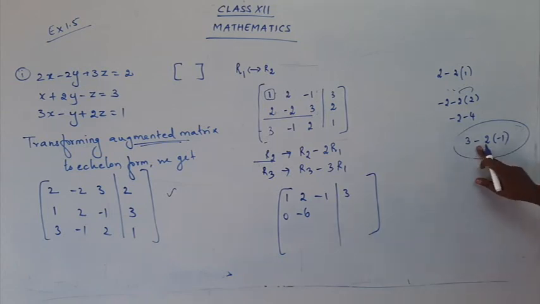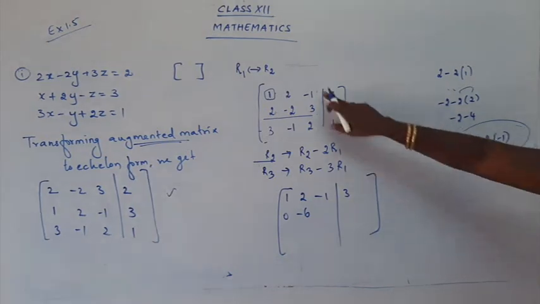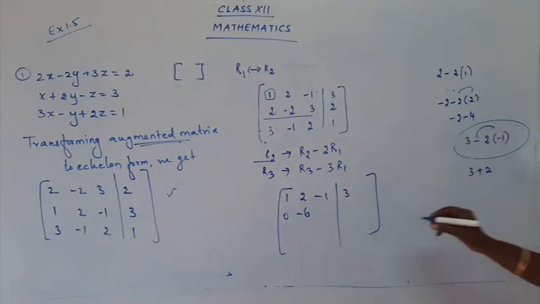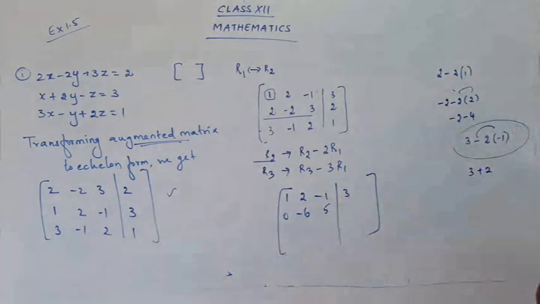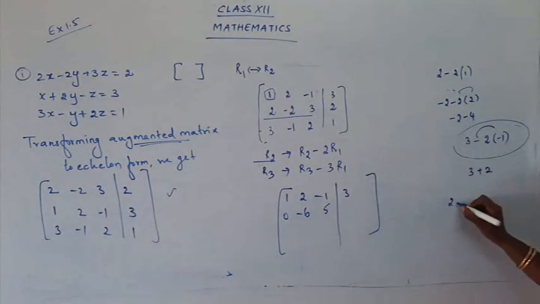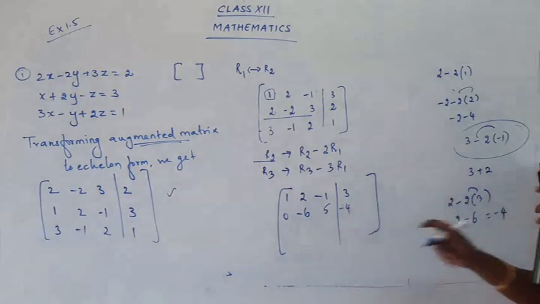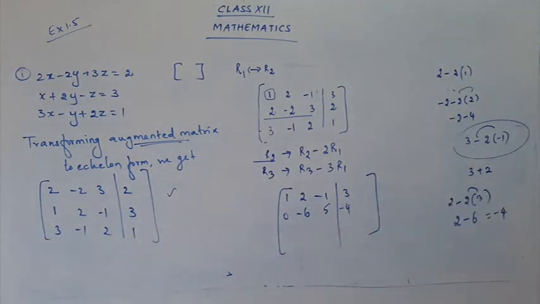So 3 minus 2 times R1, which is minus 1. So you have 3 minus 2 times minus 1, it's plus 2. So I get here 5. So 0, minus 6, 5. Okay, follow for the next part. It's 2 minus 2 times 3. 2 3s are 6, so 2 minus 6, it's minus 4. So we have completed R2. Similarly, you people try for the third row and get the answer. You have to be faster. You know how to follow the steps, so just substitute the values and get the answer.